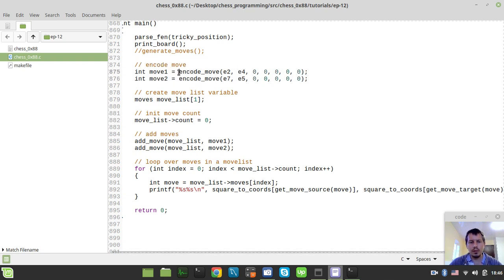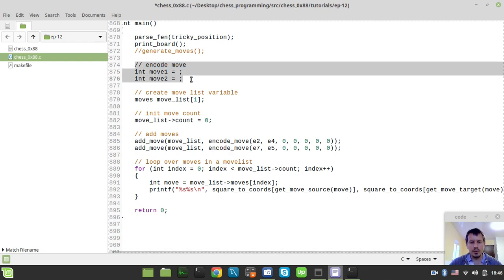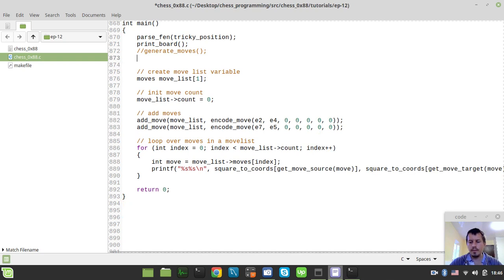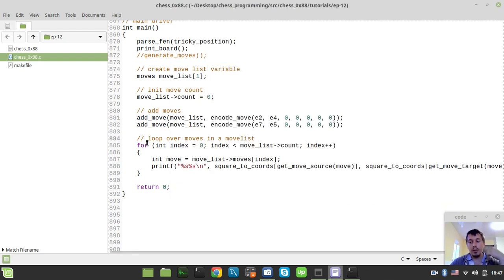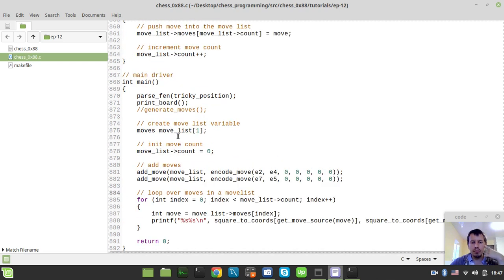Probably we don't really even need to. We can do it like this. Okay. Paste. Yeah, I think this is literally enough. Basically, save. So the result should be the same now. Okay, perfect. And from now on, we can actually already embed our move list, move population within the move generator,